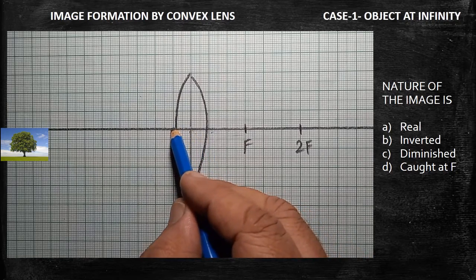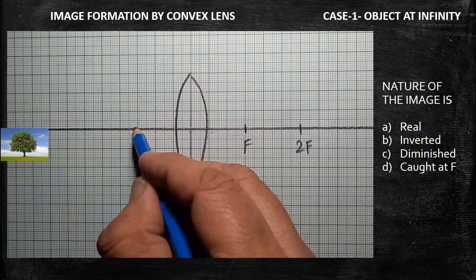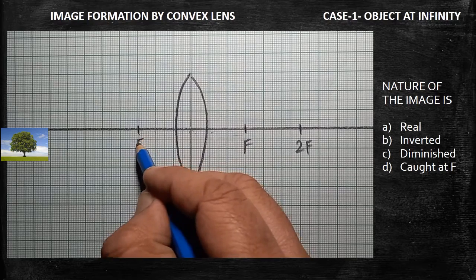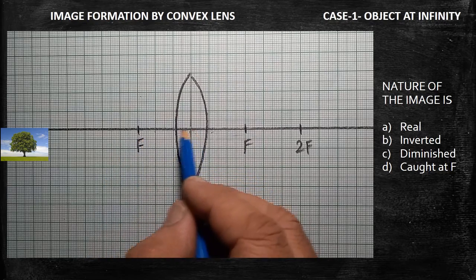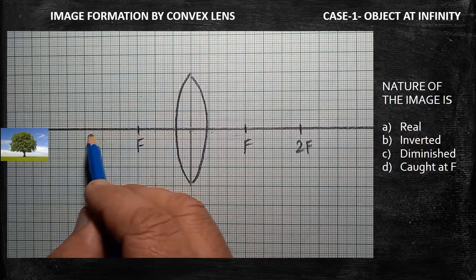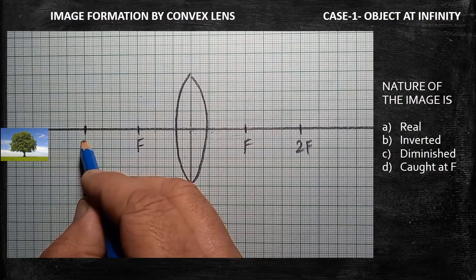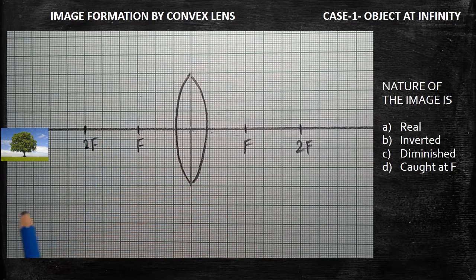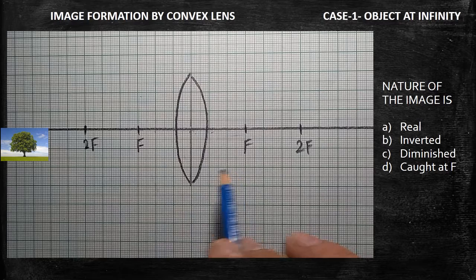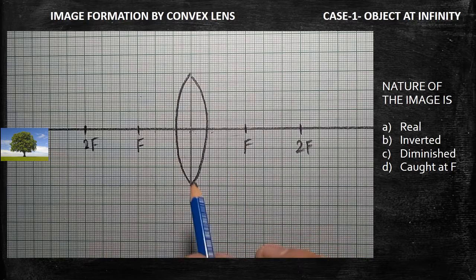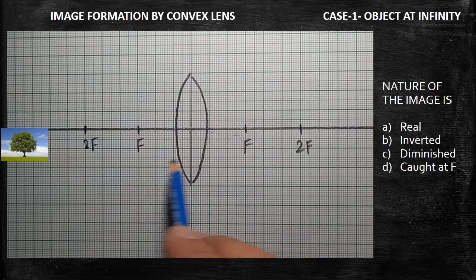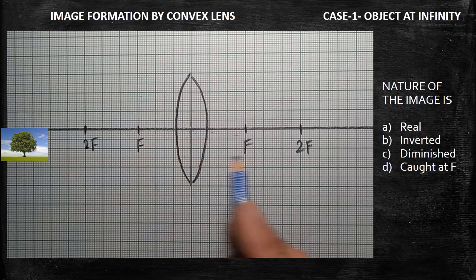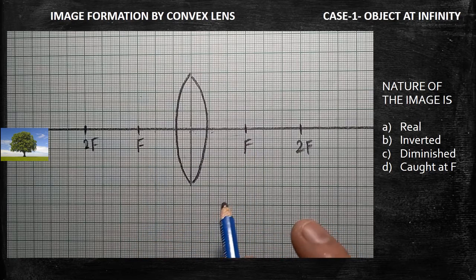Like that, 1 centimeter, 2 centimeter, 3 centimeter can be taken here, and there also you mark another principal focus, and this is 3 centimeter, the focal length. Therefore here you make another marking, that one gives you 2F. So in the first case alone, I will be explaining how to draw the lens. For the rest of the cases I won't explain how to draw the lenses. Are you clear? Just follow me. Now after drawing F, 2F on either side, the picture is ready. Now we can draw the ray diagram.